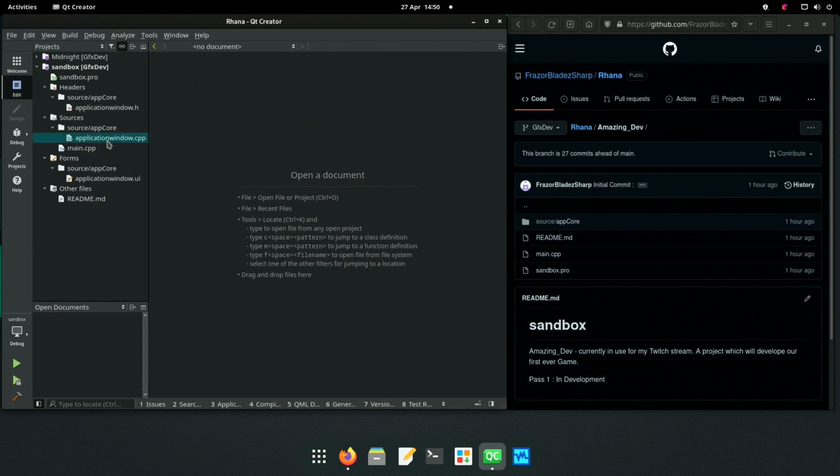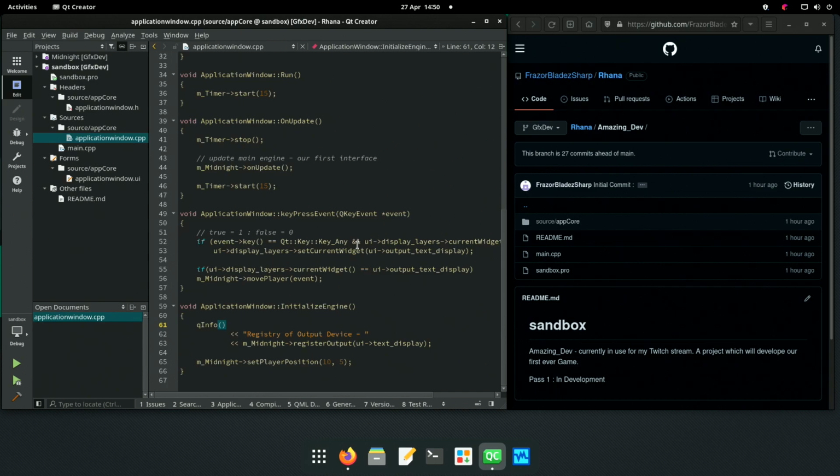Let's have a look at our application. Our application is quite good. We have an on update function which is going through to midnight and just updating. What information are we passing through to that? We initialize the engine. We set the player, so we can set the player position. That's going to be useful.